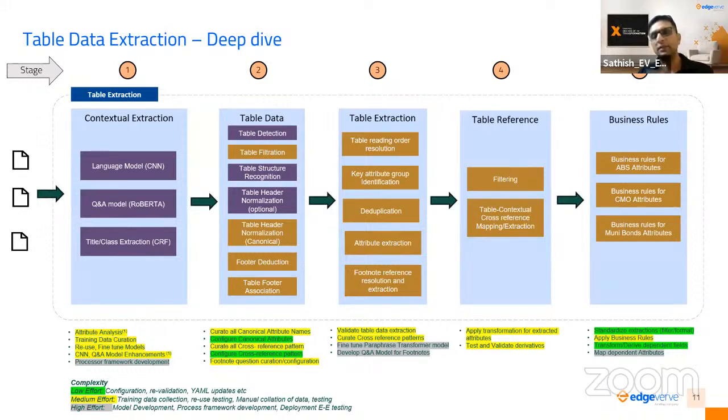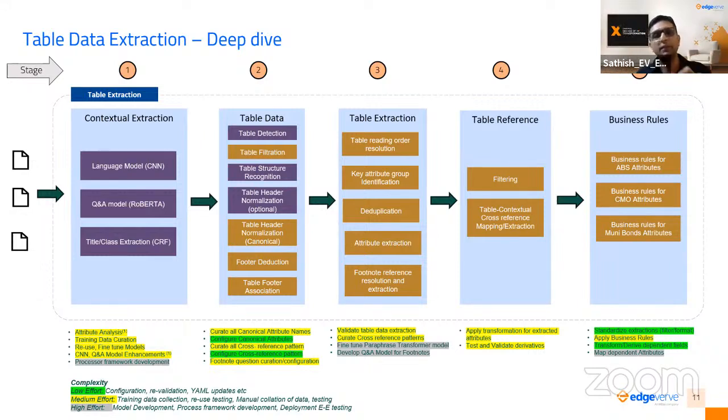This is how we actually did the whole process part of it. The different colors are where more intense AI is required. The other ones are where easier AI is utilized. And so what you will find predominantly is we identify the context of the table. When you say context, take the whole document, identify based on the paragraph which table we have to work on. Once we identify the table itself,